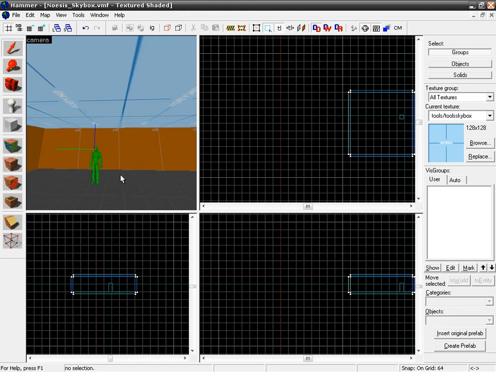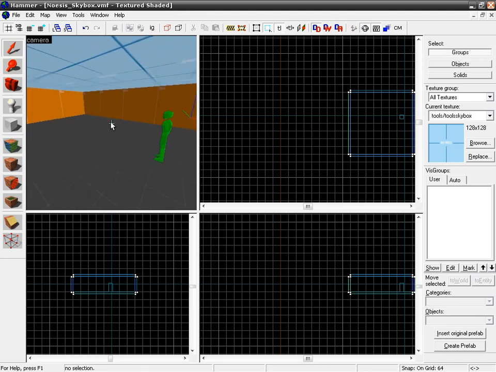It's really close to us. If we were to place a few objects in here, such as our fizz gun, let's go back to entities, add in our weapon fizz cannon, plop that in there, and just a physics prop that we can move around. So go back to our entities, do a prop